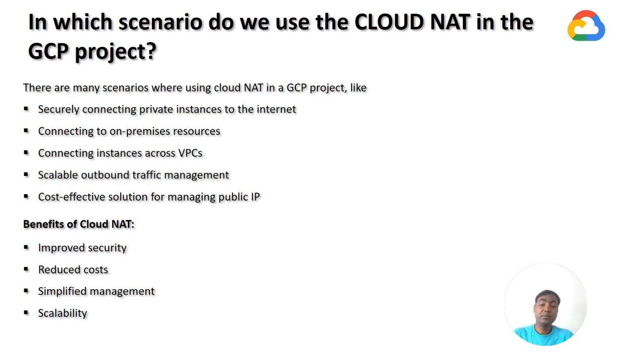You only need to manage a smaller pool of public IPs for the NAT gateway compared to assigning individual public IPs to each resource. Guys, Cloud NAT is a fully managed service, eliminating the need to configure and maintain your own NAT instances. NAT gateway: a single NAT gateway can handle a large number of outbound connections, making it ideal for highly scalable